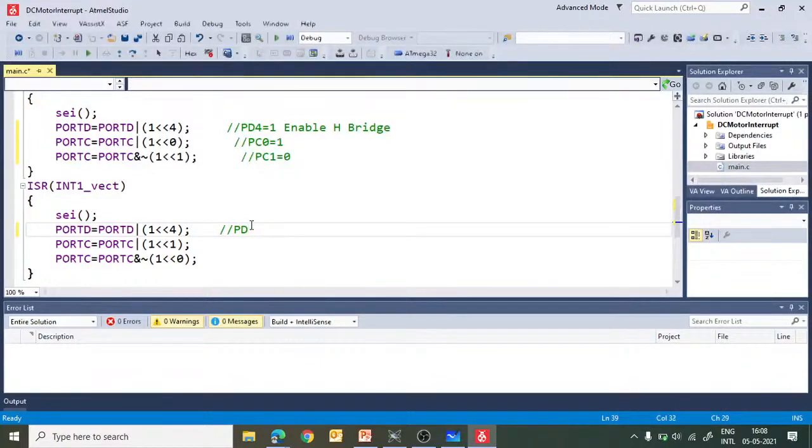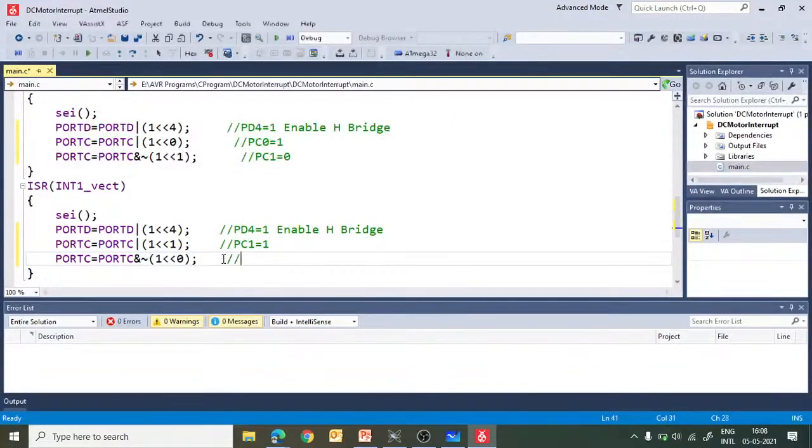So PD4 is equal to 1, enable H bridge, then PC1 is equal to 1 now. So reverse: initially PC1 was 0, now we make it 1, and PC0 will become 0. So the direction will change. So, a very simple program, right?